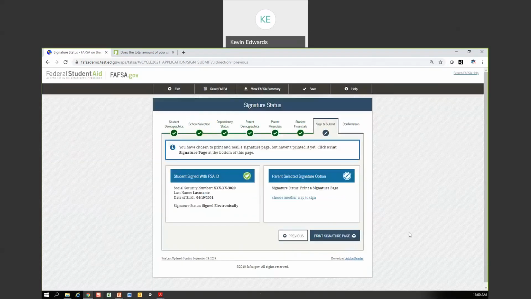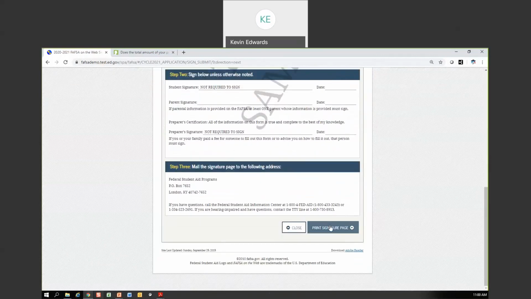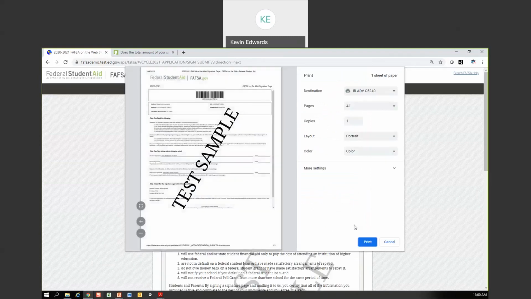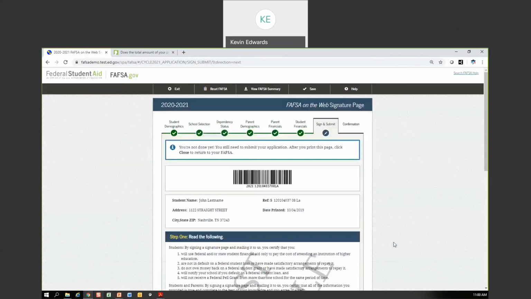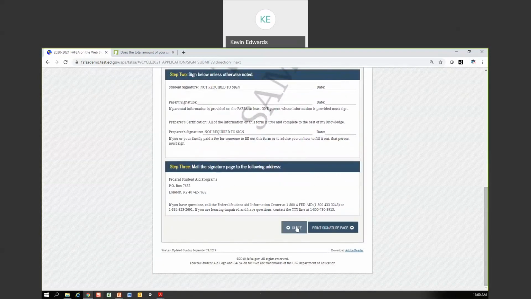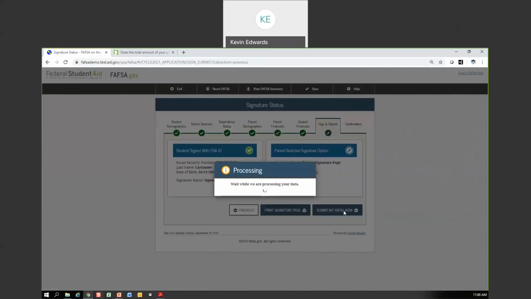We will click next. FAFSA will now go back to the screen. We will need to print this signature page, which we will click print, and we'll click print one more time. This page comes up. You will print this signature page. That must be signed and dated by a parent, and then the page will indicate where that needs to be mailed to, all right? Once that's been printed out, you can close that screen, and now we are finally ready to submit the FAFSA, boom, which we